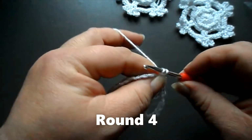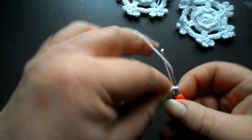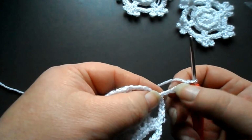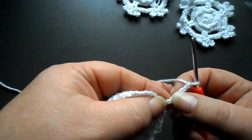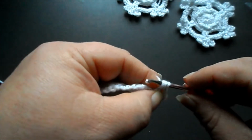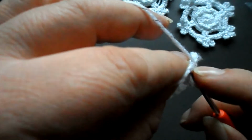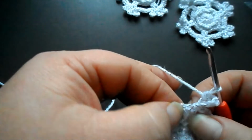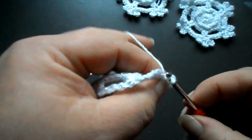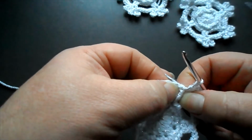Right, to make the picots, this is the final round, round 4, you chain 6, 1, 2, 3, 4, 5 and 6, and into the first chain, and that one down here, you work a DC, then you slip stitch into the second, it is there, there you go, slip stitch into the second of the trebles, so you work the first loop into the first treble, and then you work the other 2 loops into the second treble,